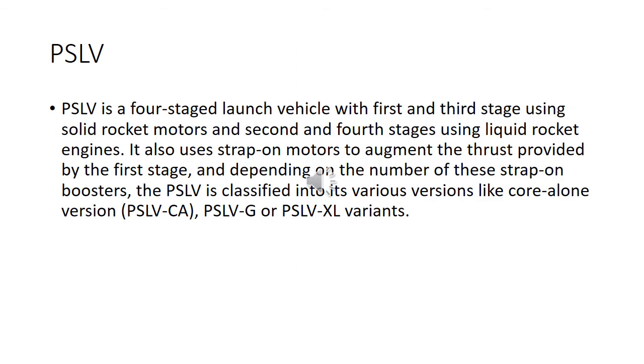The three versions of PSLV developed by ISRO are, first, the core alone, which does not have any strap-on motors. It is basically used for very low weighted satellites. Then there is a standard configuration with strap-on motors, which has six motors to provide thrust, and the XL configuration, which also has six motors. The only difference here is the fuel-carrying capacity. For the standard configuration, the fuel used is a bit less as compared to the XL